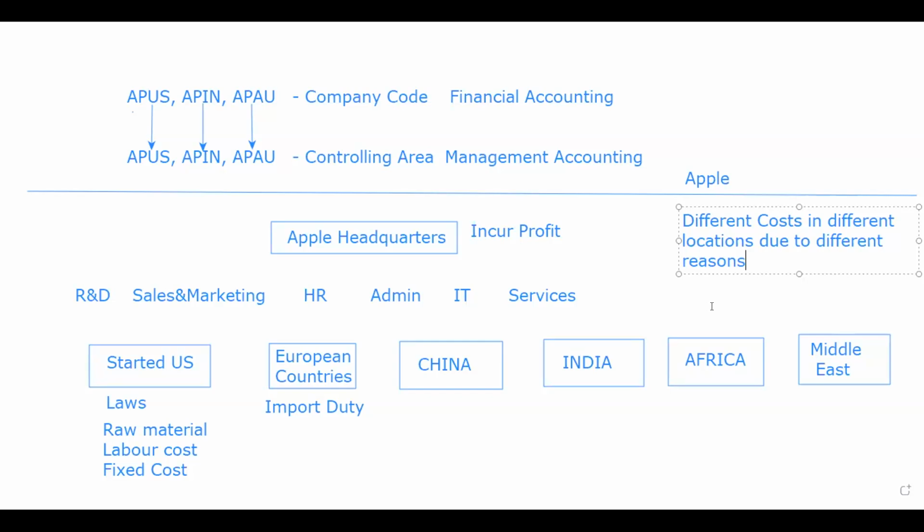So accordingly, what I will do now is, for every controlling area, I will create a cost center standard hierarchy structure. And this capturing of costs in a country for a controlling area is nothing but the cost center